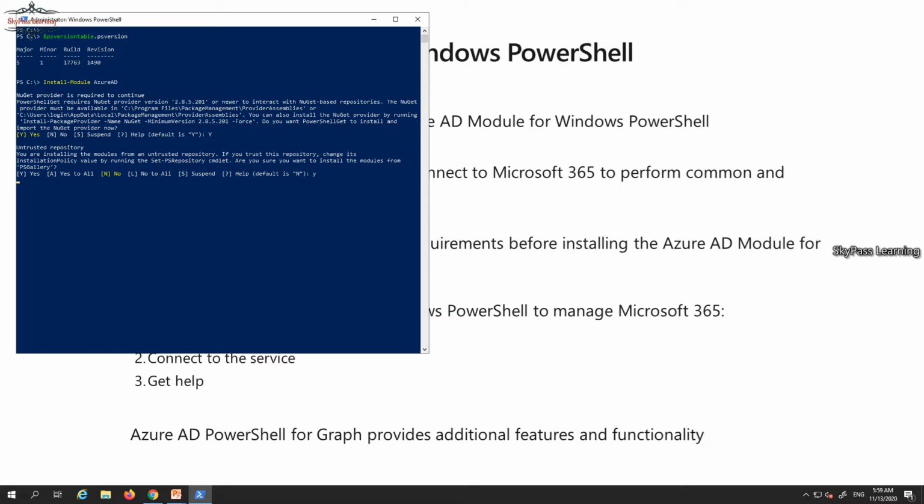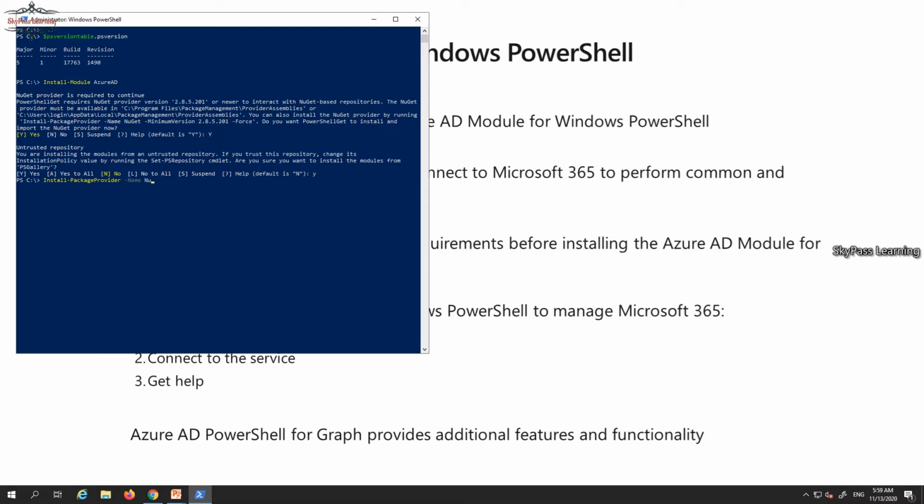Okay, now it's installed. If you get an error message during install, then you have to run one more command here, that is Install-PackageProvider, and the package provider name is NuGet with -Force.